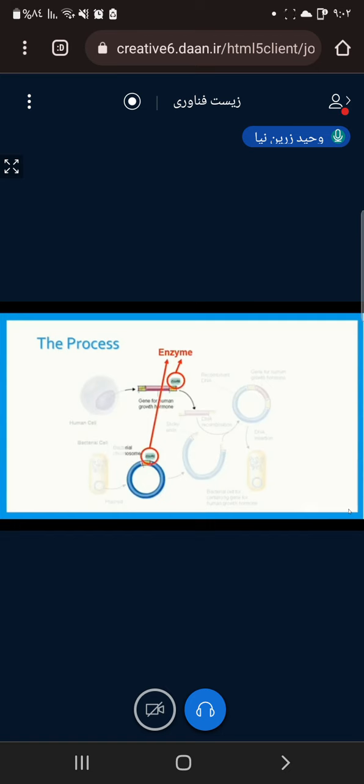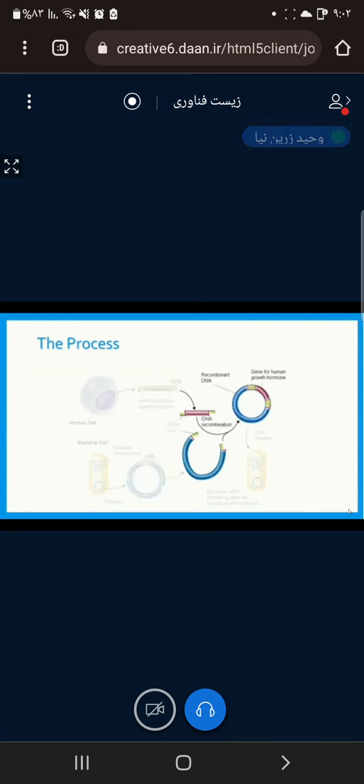Enzymes are applied next. The enzyme here is EcoRI. Remember, enzymes act as scissors, cutting the DNA at a specific sequence. The cuts from the enzyme create sticky ends, or overhangs in the DNA. The sticky ends on the human gene fit into the sticky ends on the plasmid because they were cut by the same type of enzyme. The sticky ends of both